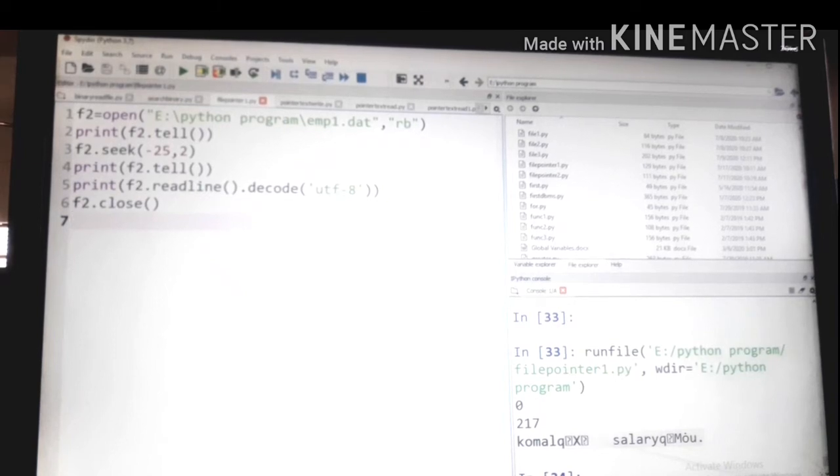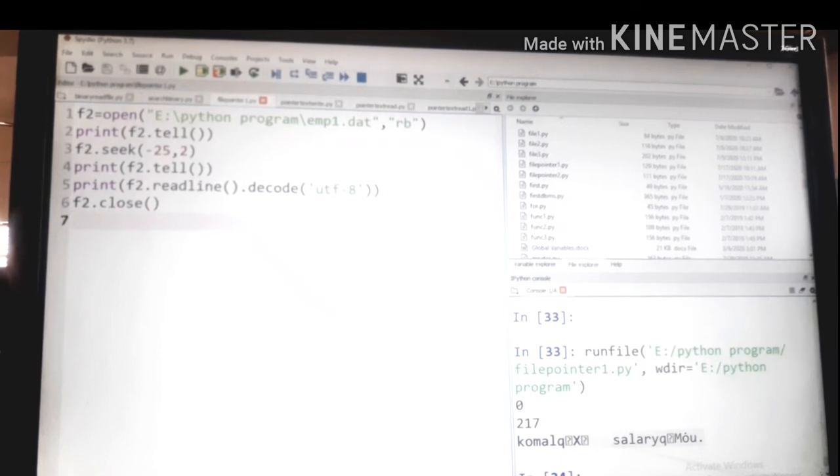So seek contains these two parameters, offset and mode. Now in this program the offset is minus 25 and 2 means the end of the file. So it will place the file pointer 25 bytes behind, that is, backward from the end of the file.